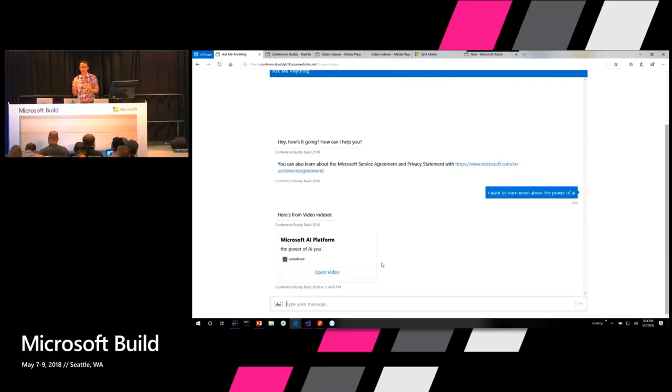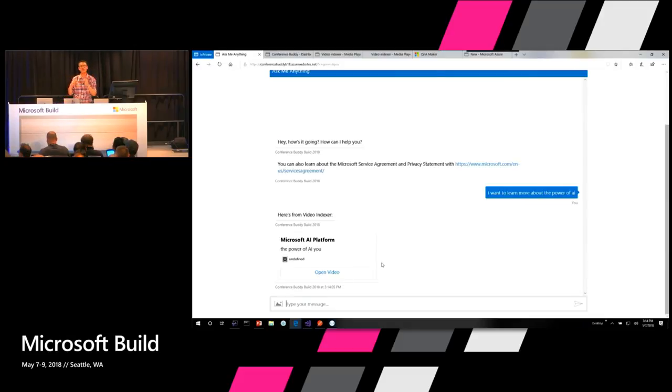So with that being said, what else can I do? Okay, we talked about pre-conference, right? What about during the conference itself? Can you provide some information to your users that can help them with the conference? So for example, in the Build conference, we have a code repository of speakers, right? We're talking about who the speakers are and things like that. Maybe I can add a skill set inside the Conference Buddy bot itself that can answer this question.